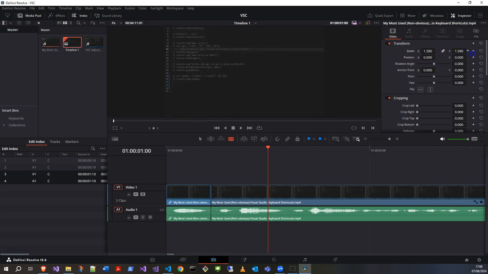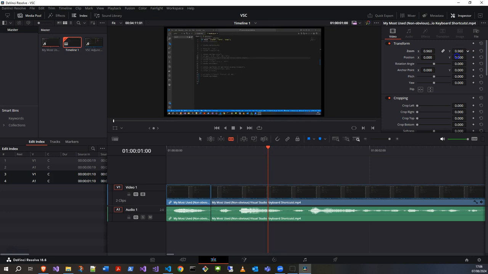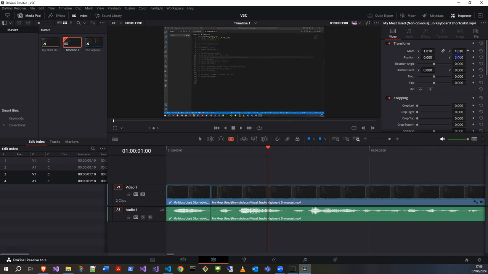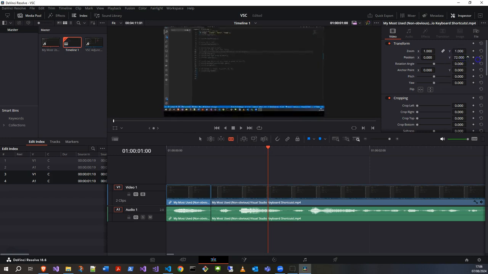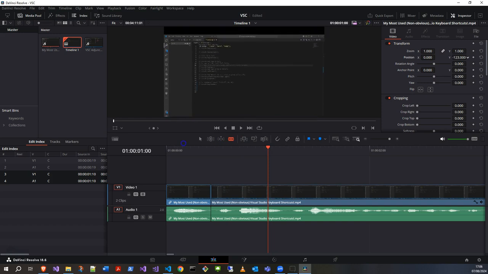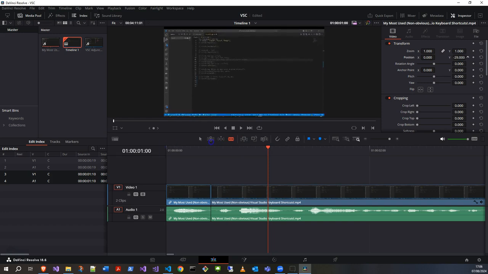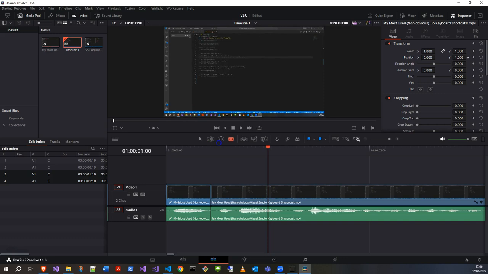And again, the zoom, I'm zooming on the y-axis. I find that a little bit confusing. For me, zoom is zoom, but for some of you that might be useful. And again, the position on the y-axis, you can move it up and down, just like x and y axes on a graph, right? So I'm not going to do anything with that, but it is useful when you need to resize your clips. I could just type it in,